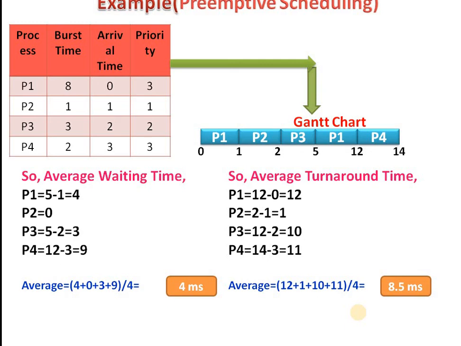Hope you will understand the difference between non-preemptive priority scheduling algorithm and preemptive scheduling algorithm. In short, the basic of priority scheduling algorithm: the highest priority process is given the CPU time first and then the next highest priority and so on. This will continue till all the processes get scheduled, and equal priority processes are scheduled in FCFS order. And there are two types of scheduling, that is priority preemptive scheduling and priority non-preemptive scheduling.